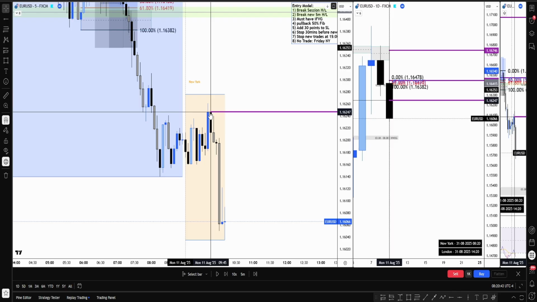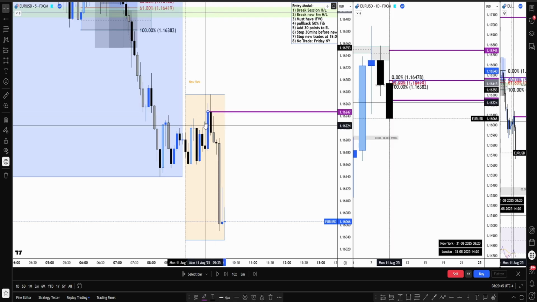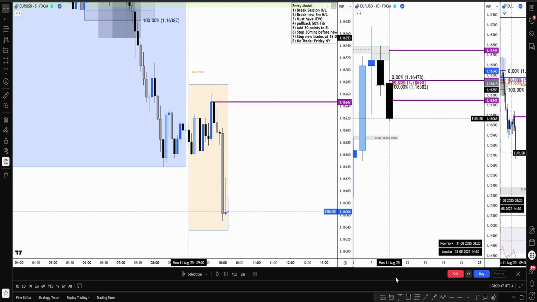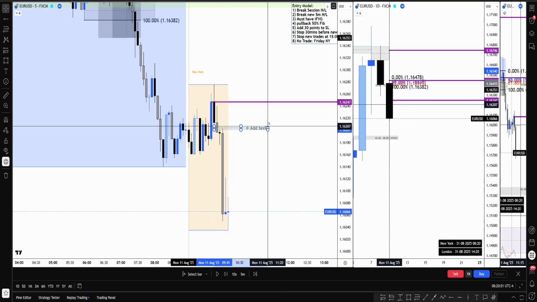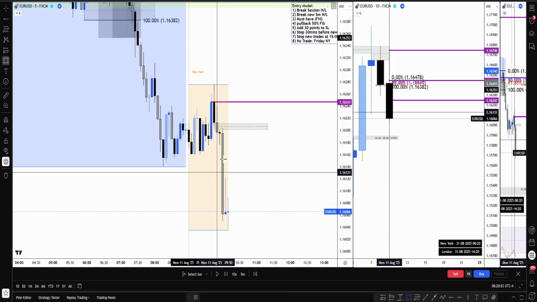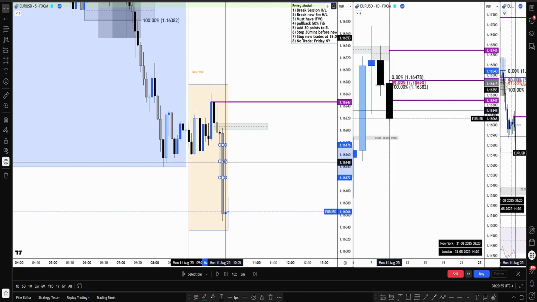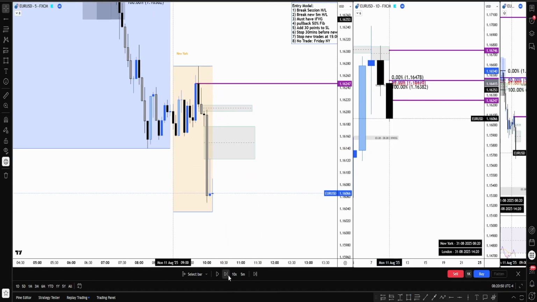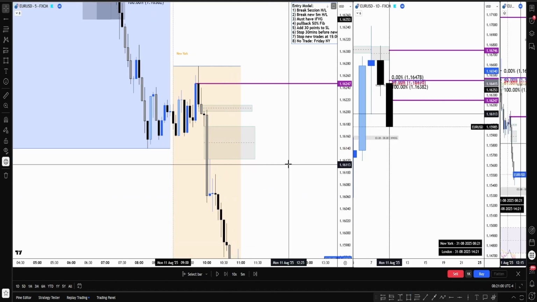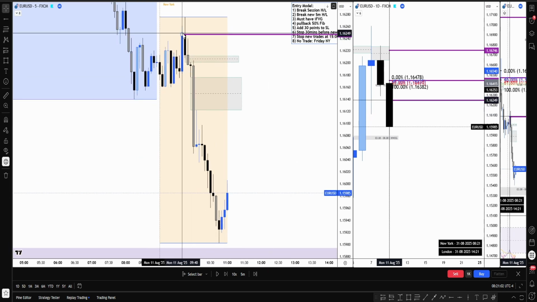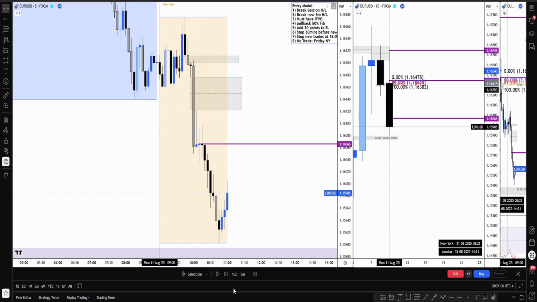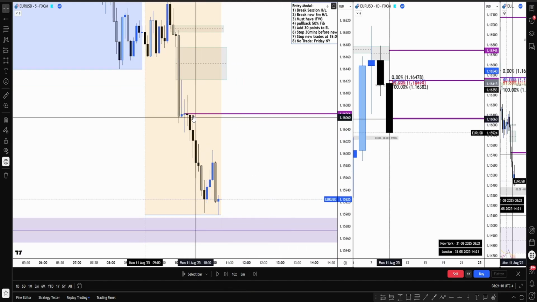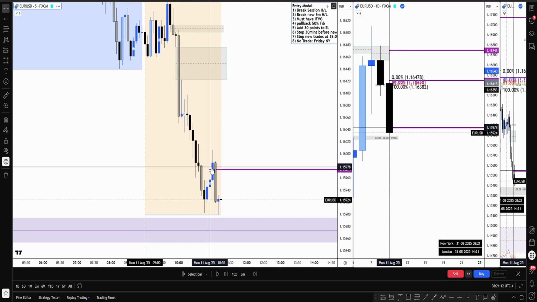We're waiting for a close above this level here, because that's the last bullish candle before this move down, as well as there's a fair value gap. And here's a fair value gap. Let's move forward. And we keep on following price as price moves. That is the high there. Let's move forward. There's a new high that was created right there.